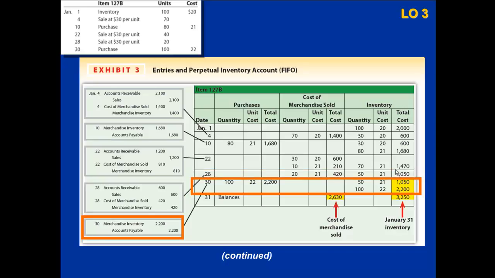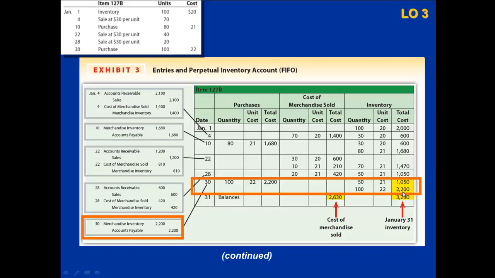Next, we're going to make a purchase of 100 units. $22 per unit is the cost. So we're going to purchase $2,200 more of inventory. So now we have the two categories. Remember, right before this purchase, we had 50 units at $21 per unit. So we have this category of inventory right here, and we have this next category. We just purchased 100 units at $22,